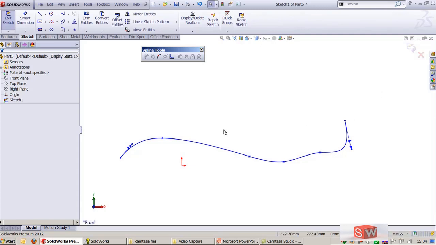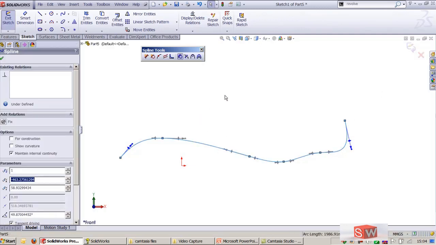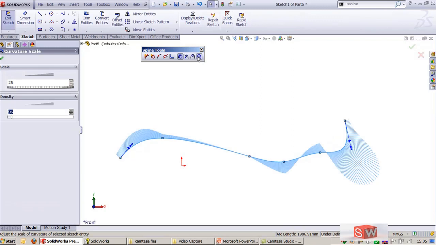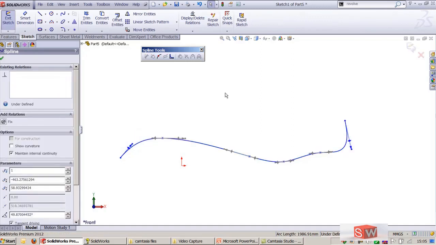Now you can see the spline has become smooth by the simplifying tool. Once you complete this, you can look at the curvature. That is, if you want to understand whether this curvature is continuous or whether it has a minimum radius at the corners, select the minimum radius. This will give you the concavity of the selected spline, and the minimum radius, that is the smallest radius in this spline. And one icon will show you the curvature, the continuation from one end to the other. Using all this, you can control the spline shape.